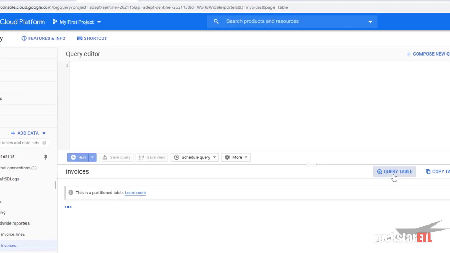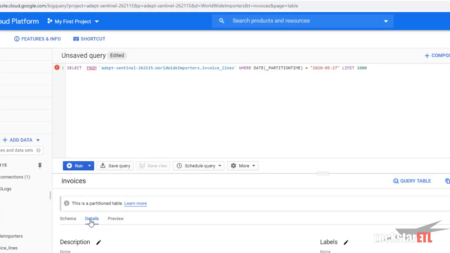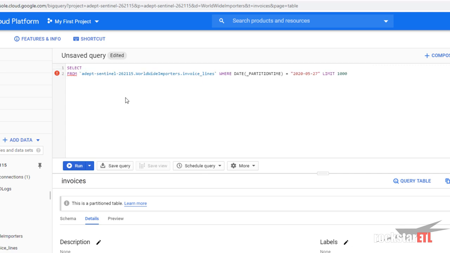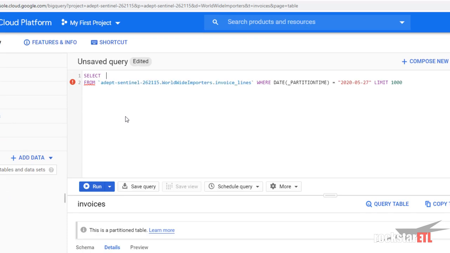What we can actually do here, as I mentioned, this is a partition table. So a key part of working with our tables is to utilize the partitions. So what we can do is write a query to see what partitions do we currently have, how are they populated,